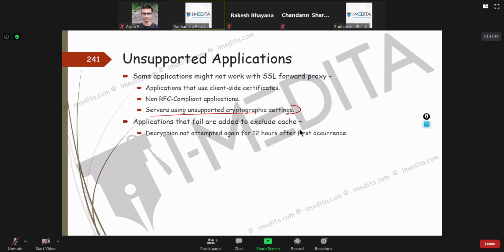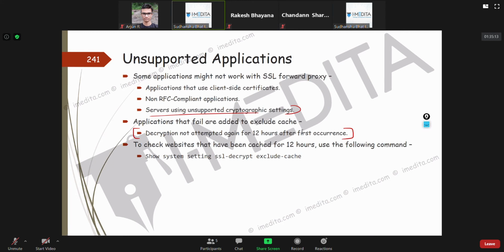Now, in that case, you can put them in an exclude cache. If you put them in an exclude cache, the decryption won't be attempted for another 12 hours after the first occurrence of breaking the application.